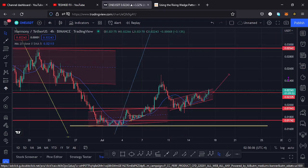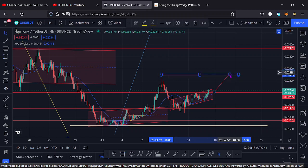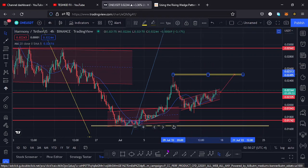And so on our charts we need to mark this key area at around the $0.025 mark. At that high, we need to break above that high for us to continue pushing to the upper side to around the $0.03 mark. And the reason as to why I'm saying it's possible that we get to around the $0.03 mark,